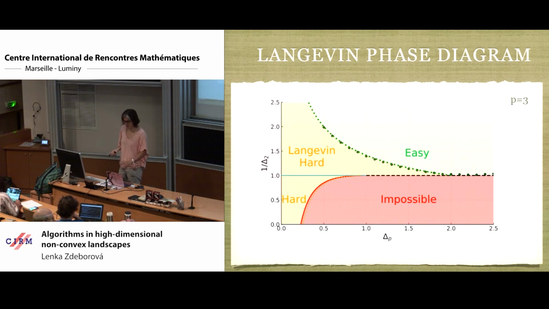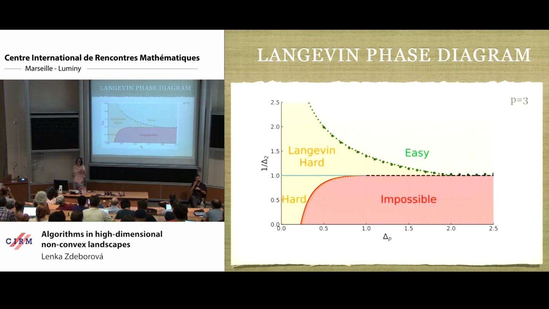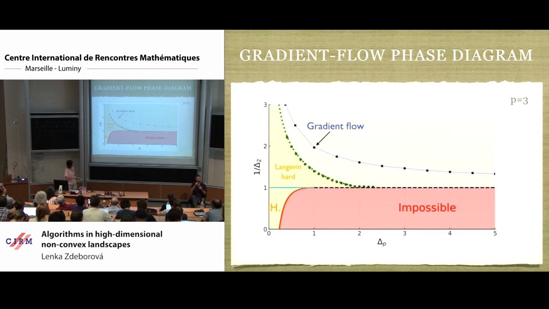So that's for the Langevin algorithm. Now I can do the same for the gradient flow. While the Langevin algorithm is really aiming to compute the Bayes optimal estimator, the gradient flow is not doing that. It's maximizing the likelihood, and it's just a means to perhaps get a good correlation with the ground truth, but it's not the provably best way to get there. So it's not surprising that it does slightly worse than the Langevin. We do exactly the same for the gradient flow, and we get this line that is yet still above the Langevin curve.